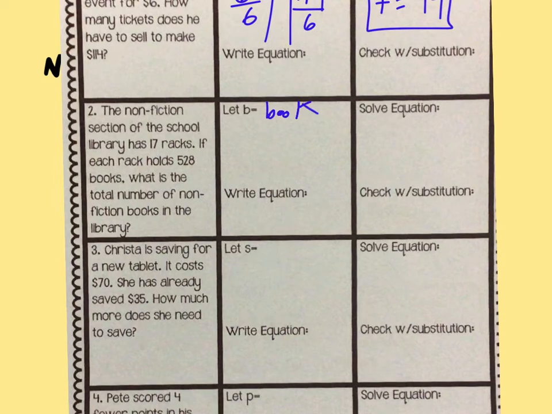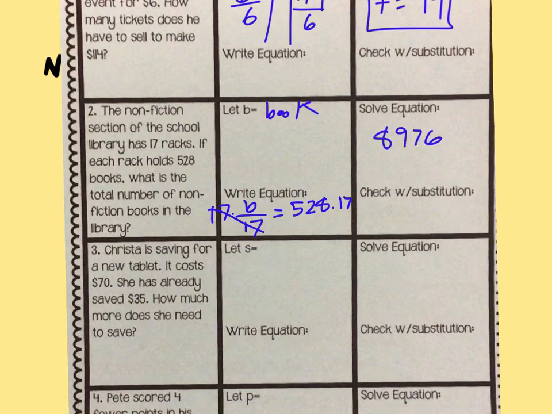Okay, so the equation for this one would be books divided by 17 equals 528. So I'm going to times by 17 here. And I guess we're solving the equation. I'm doing it before I'm supposed to. Then I have to times by 17 here. So we're going to go 528 times 17, and we get the answer